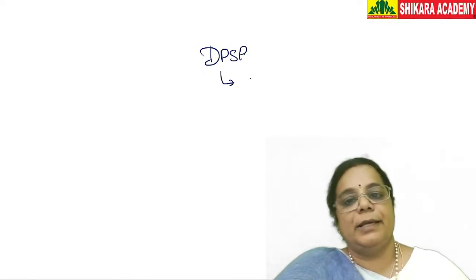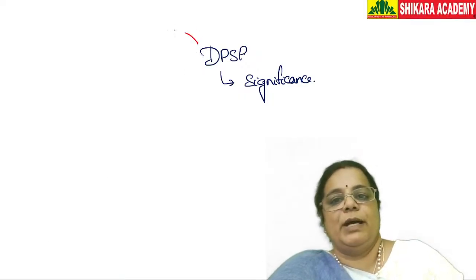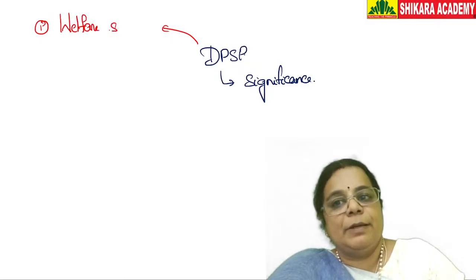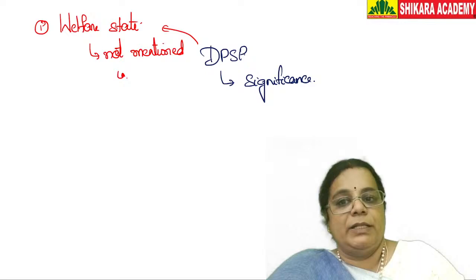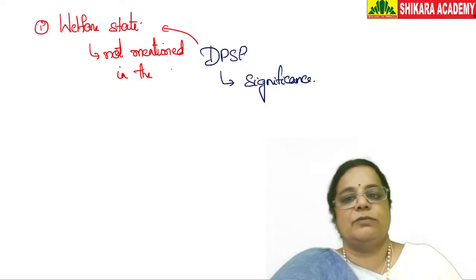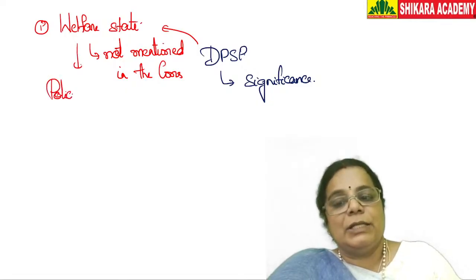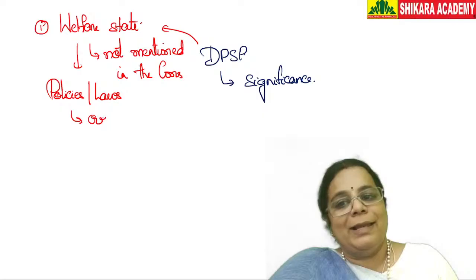How, why, and how are they significant? What is the significance of directive principles of state policy? Very, very important. Please remember the most important reason why they are there is one, they establish a welfare state. Please remember the term welfare state is not mentioned in the constitution. Then what is a welfare state? Welfare state is one where the government focuses on making laws and policies that promote the overall well-being of the citizens of that country. In the constitution, it promotes policies, laws that actually the government makes policies, laws, enforces policies and laws for the overall well-being